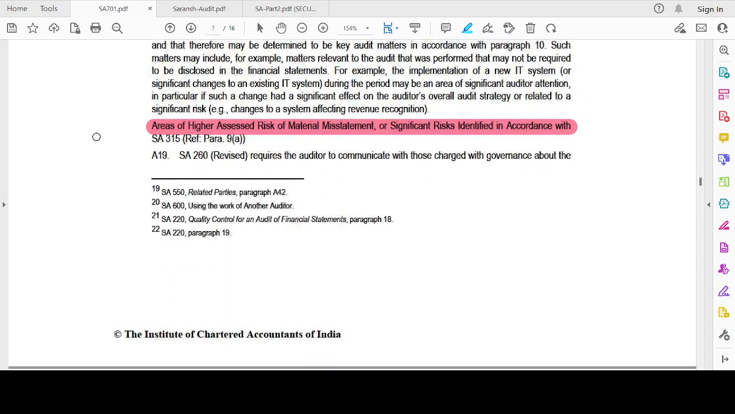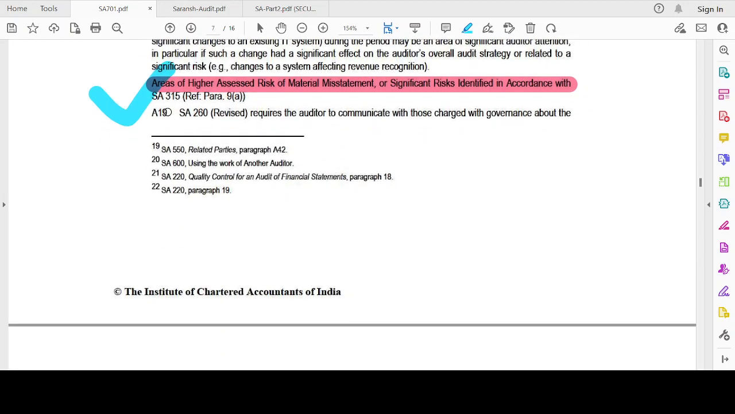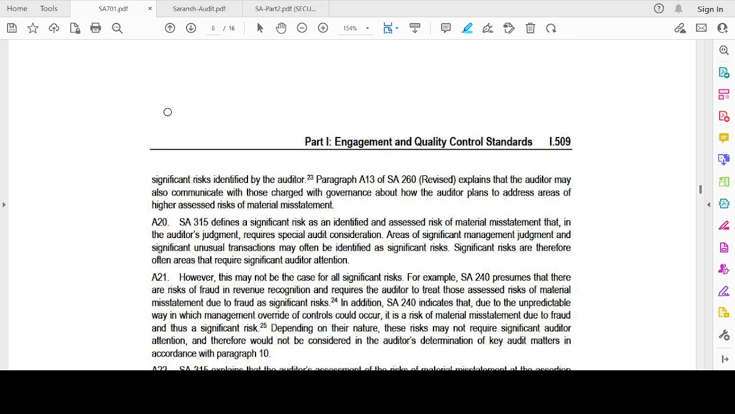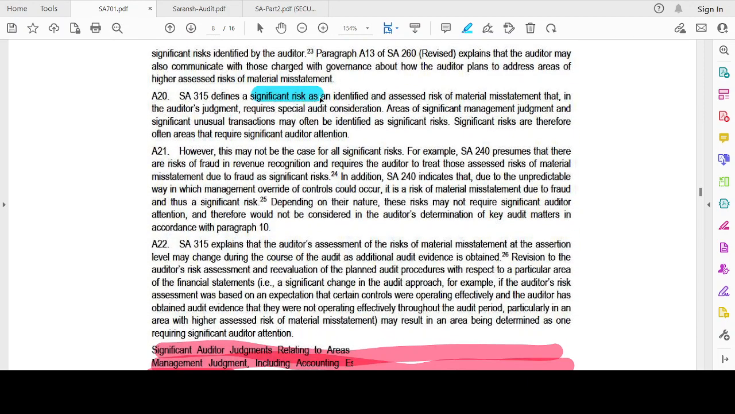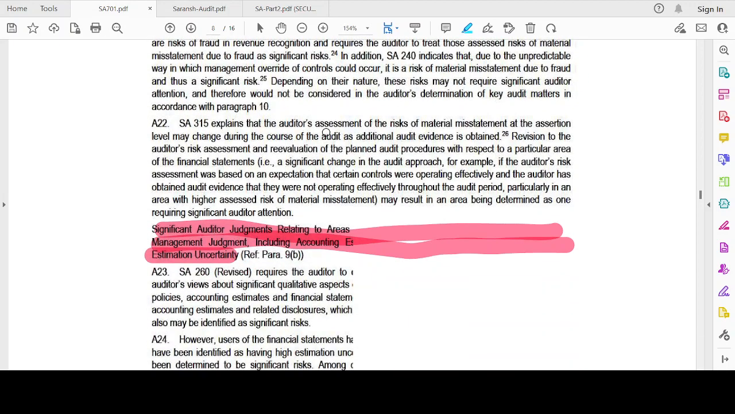Areas of higher assessed risk would be an example. Okay. Then, significant risk. So, significant risk, what is that? It's an identified and assessed risk of material misstatement that in the auditor's judgment requires special audit consideration. For example, it could be fraud risk. It's one risk which we discussed, right? Significant risks are those risks which require specific audit consideration, a significant audit consideration. Now,